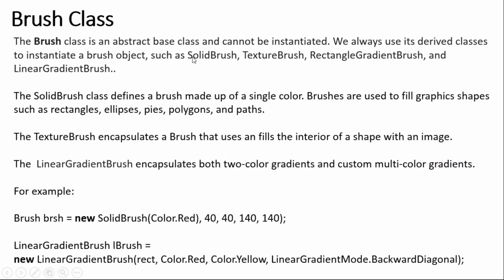The brush class mainly has 3 to 4 different brushes like solid brush, texture brush, rectangle gradient and linear gradient, but we are not dealing with rectangle gradient. Solid brush is a single color brush. Texture brush is used for filling up an object or a shape with a particular pattern or image. Linear gradient is used to fill a particular object with multiple colors. We already saw that example, forward diagonal and backward diagonal here, right? Then